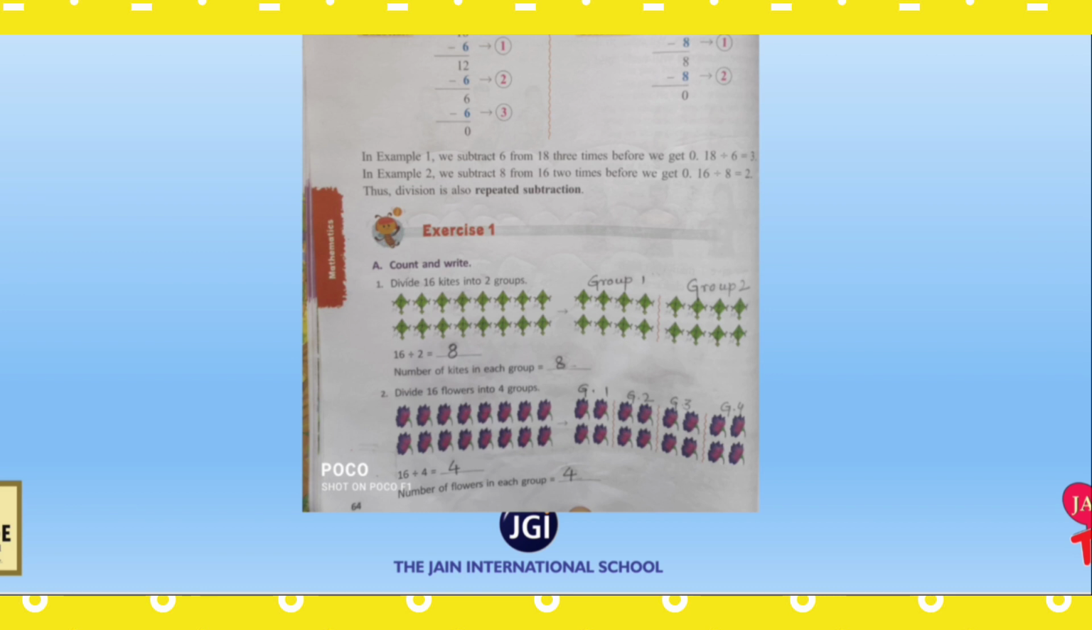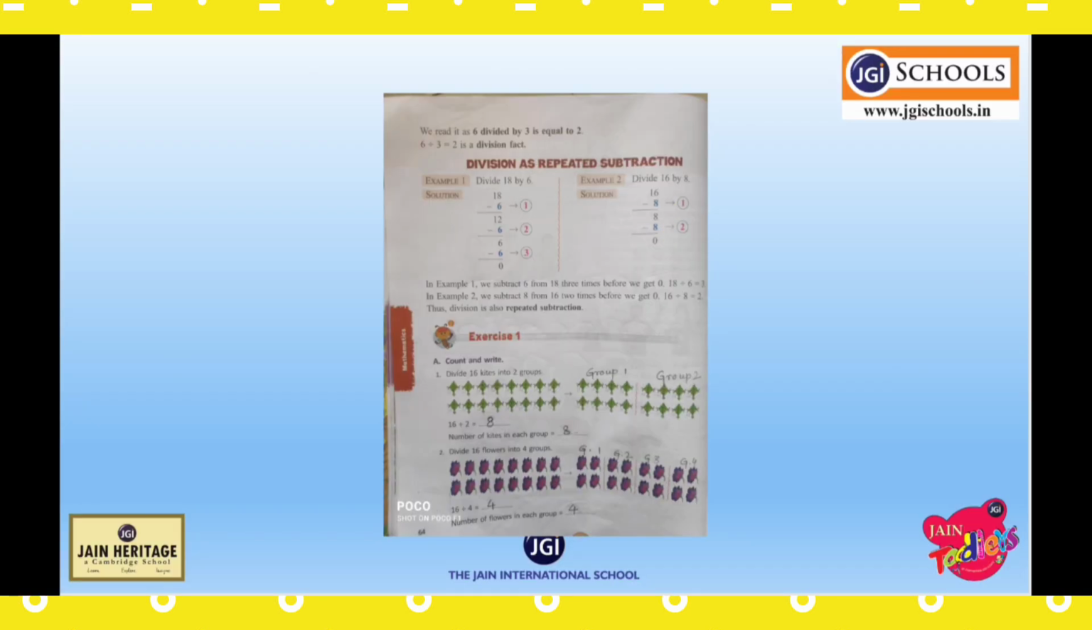Okay. So this is 16 flowers, 16 divided by 4 equals 4, and the number of flowers in each group is 4. Okay. So now